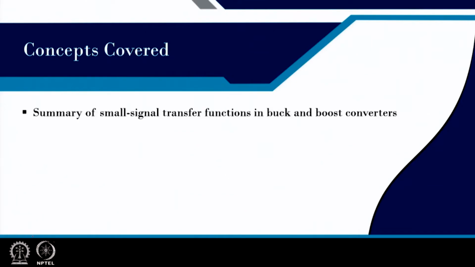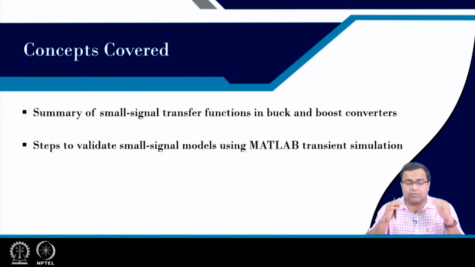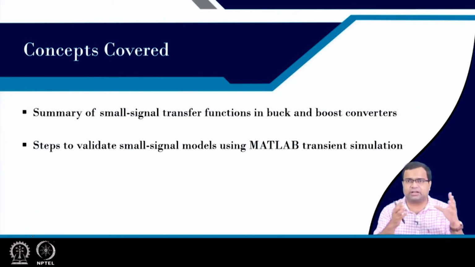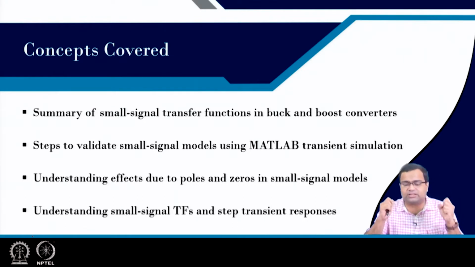In today's lecture, first we want to summarize various small signal transfer functions in buck and boost converters. Then I want to show you a step by step procedure of how to validate the AC small signal model using MATLAB transient simulation. Suppose you have the linear transfer function that you derived in the previous class, and we want to see how accurate those models are. We want to verify, and here we want to use a transient simulation. Then understanding the effect due to poles and zeros in the small signal model,